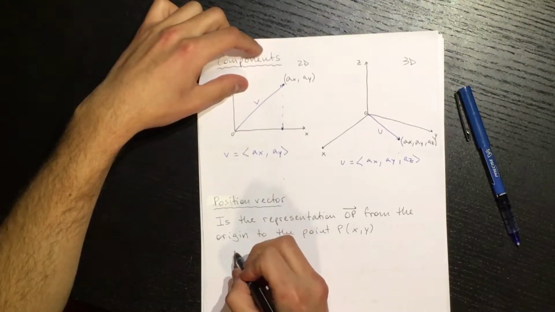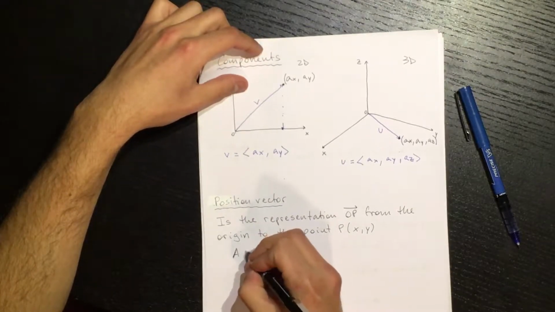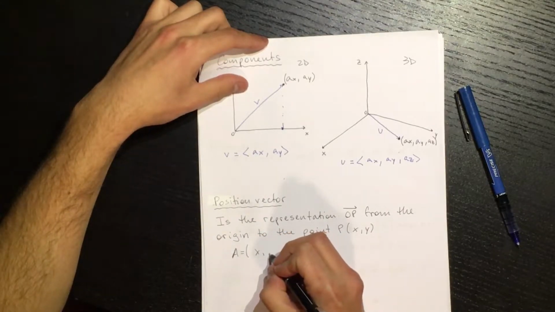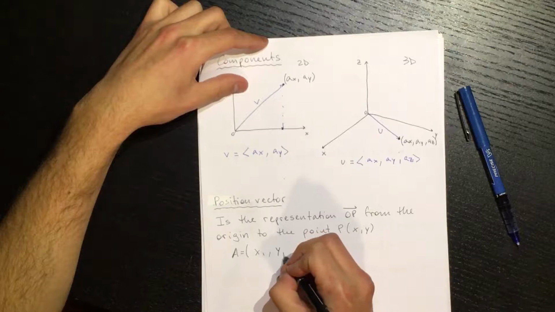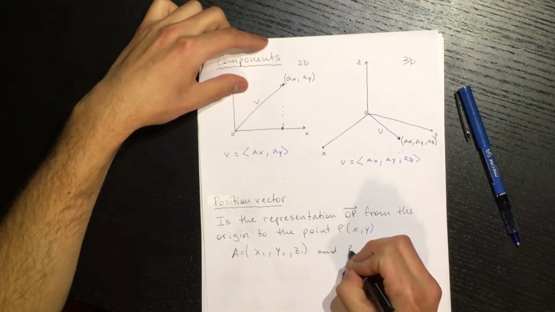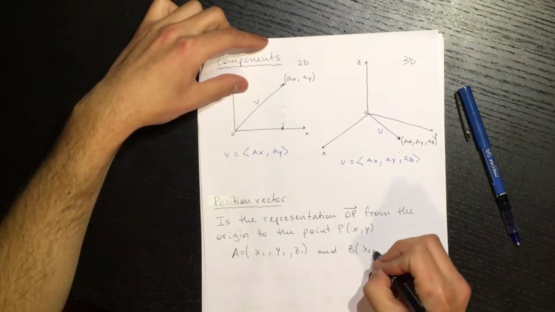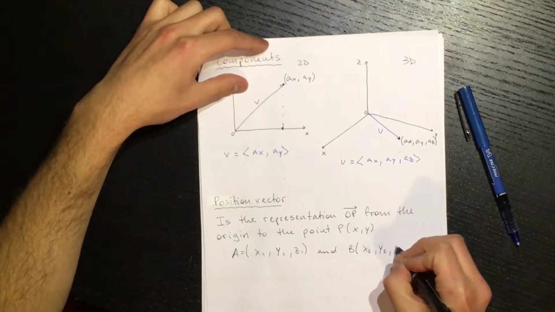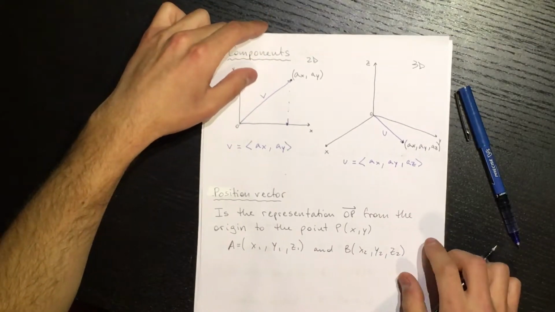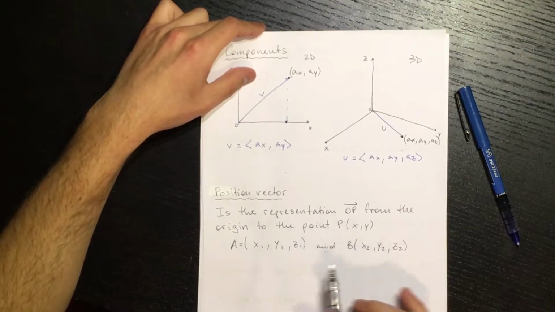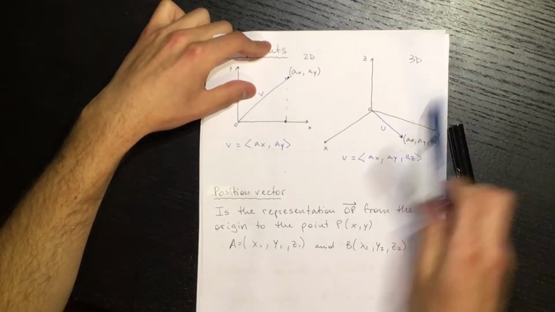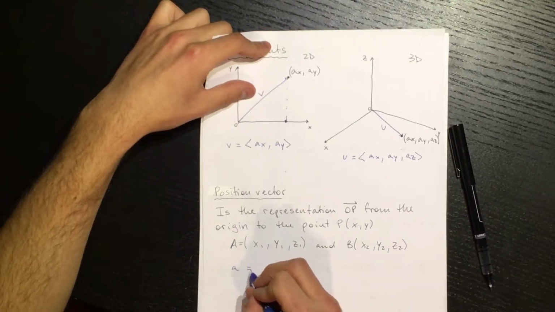Just a straightforward example, we're going to have A equals x1, y1, and z1, and B equals x2, y2, and z2. Then the vector from A to B in 3 dimensions, of course, because we have 3 variables right here, we're going to call it vector AB equals